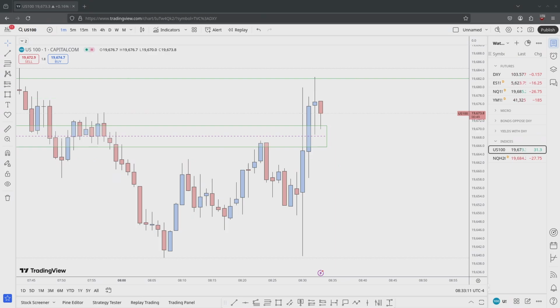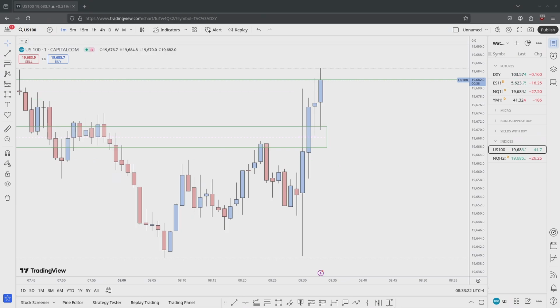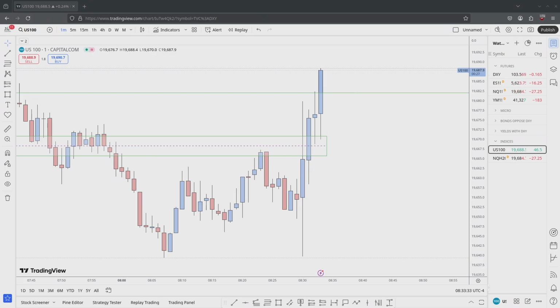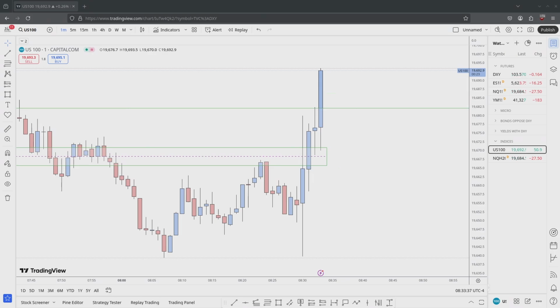So that was the initial short. So this should be here. There's the entry. So the stop was resting above this fair value gap. Breaker block, order block, gap. Stop could be above the order block, or I just opted to put it up here. Give it some more breathing room. And there you go. It panned out.